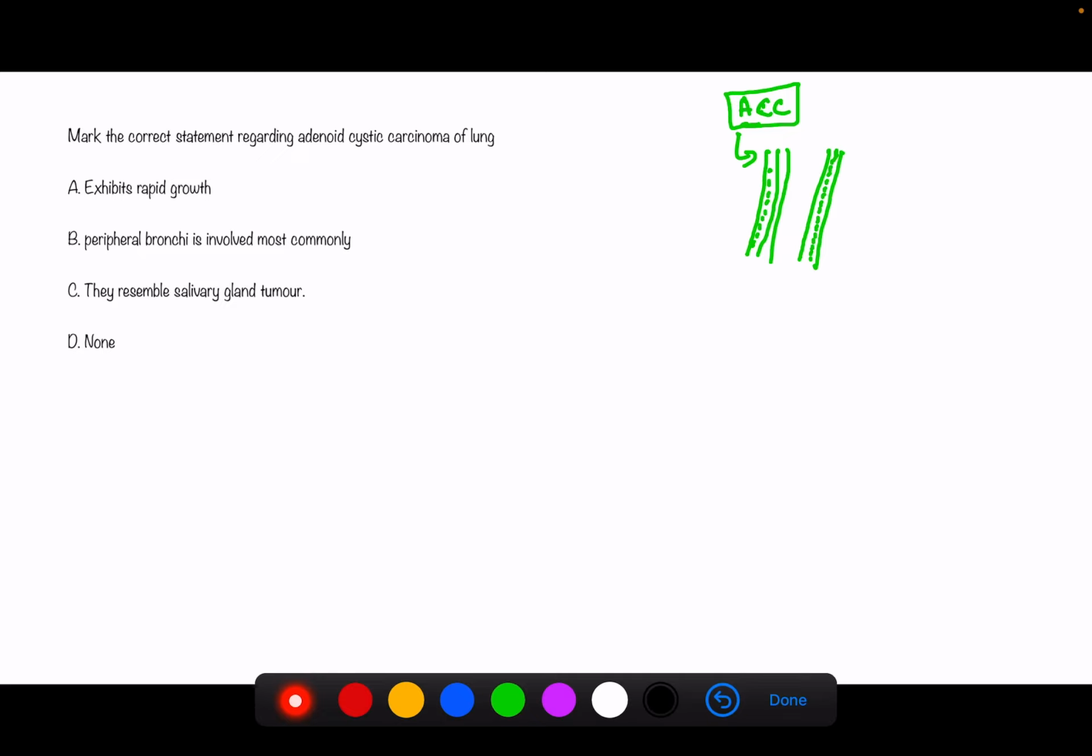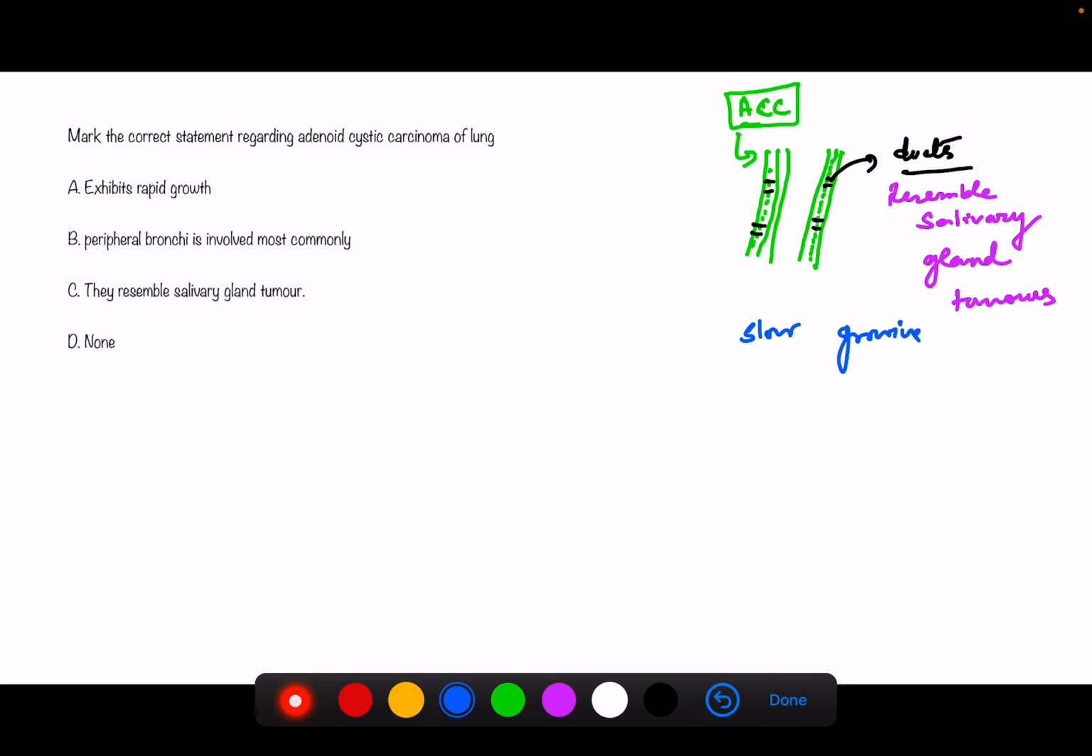There are ducts which are present in the submucosa, and these tumors arise from these ducts, and they resemble salivary gland tumors. They are not very rapidly growing tumors, they are slow growing tumors. But the problem is they are more malignant compared to